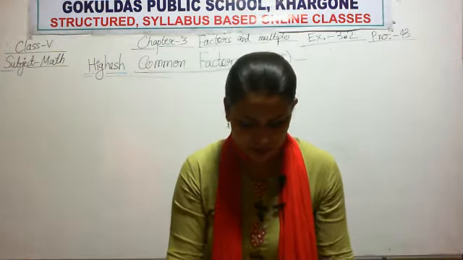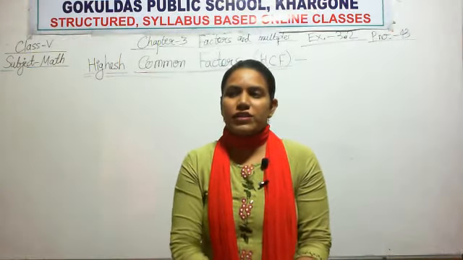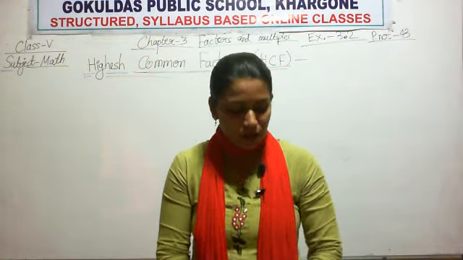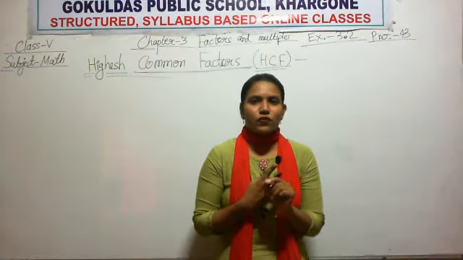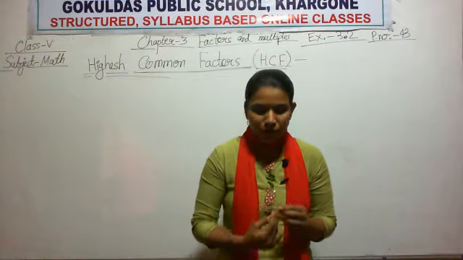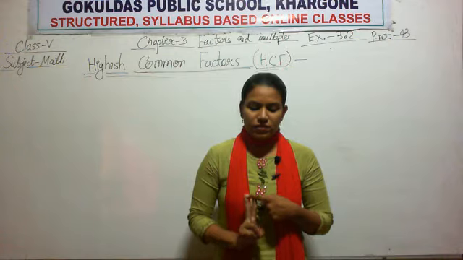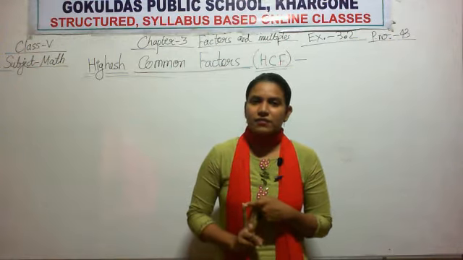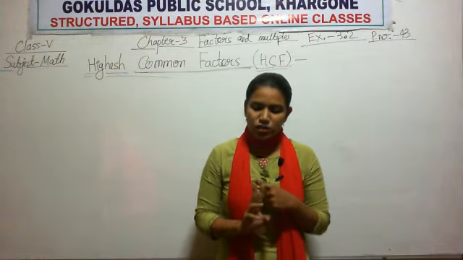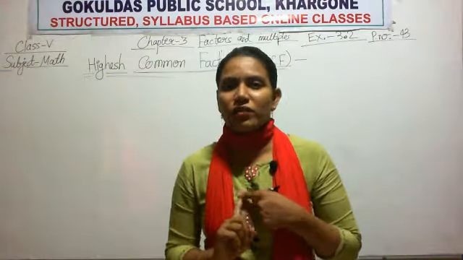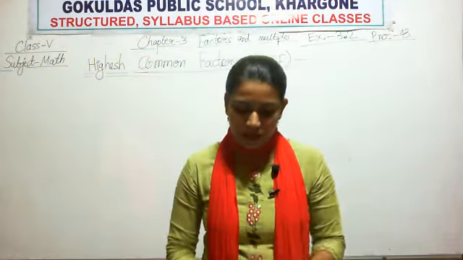all the given numbers. So here also, as we have discussed the prime factorization method, there were two methods to find the prime factorization of any number. Here also we are going to discuss two methods to find HCF, the highest common factor of any numbers. The first one will be prime factorization method and the other will be short division method.